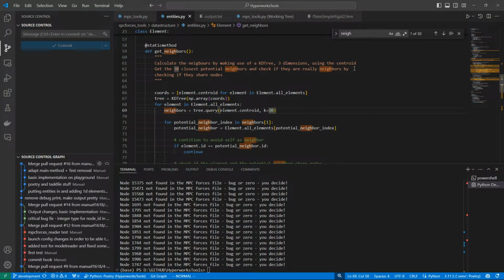Now, k is 3. So you see, it's a bit hidden. The KD tree gets a NumPy array of coords, and coords is the coordinates, which has 3 dimensions, right? The element centroid has 3 dimensions. So k means the number of dimensions. Here's a small letter k. This is more or less